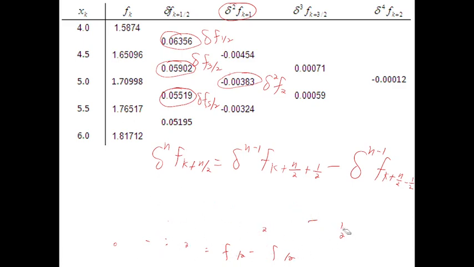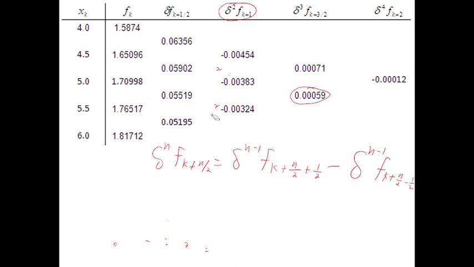So let's proceed. How did we arrive with this one? 0.0059. So let us solve. How did we arrive at 0.0059? So what is this? So this is k equals, for k equals to 1. Okay? Kasi k equals to 0 to, k equals to 1 ito. Okay, for k equals to 1, so this is delta cube f sub 1 plus 3 halves is 5 halves. Okay,